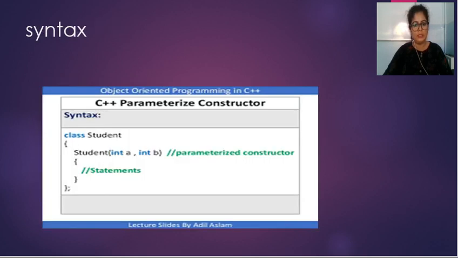You can also write the syntax whenever they ask for properties. The syntax is very simple. You create a class, then you write the name of the constructor with the parameters and without a semicolon. There is one more question you can get in the exam: what is the syntax of a constructor and how you can declare a constructor.